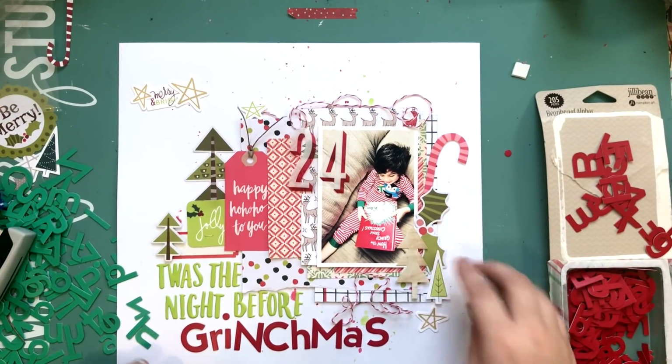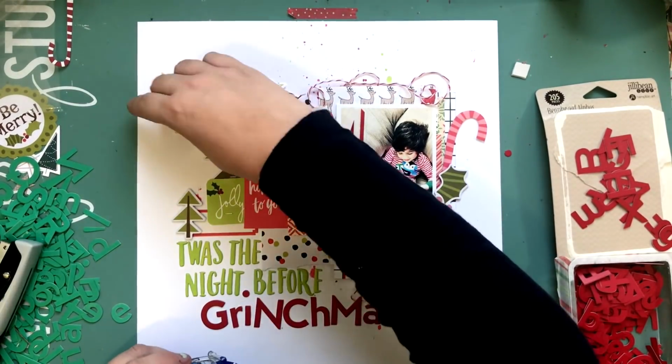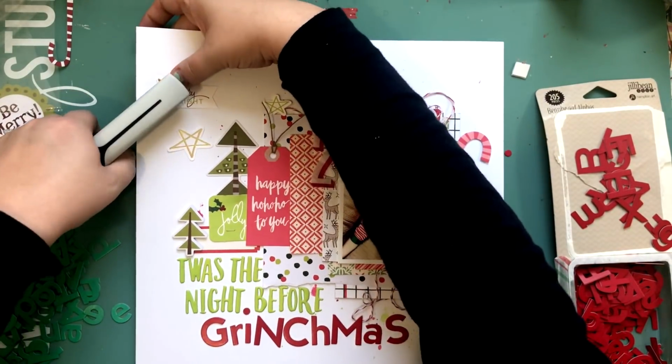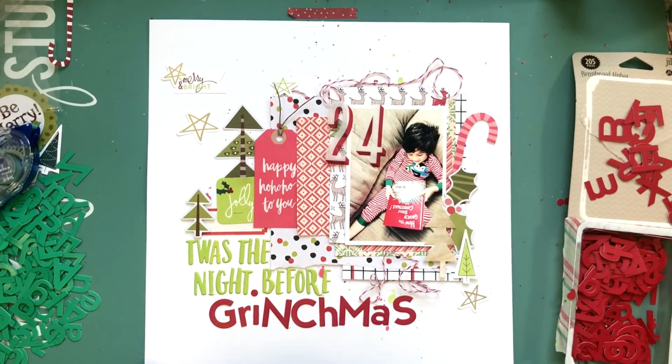But yeah, I really like how this all kind of came together. I started out with absolutely no idea, and just kind of sprung forth with an idea. It's kind of a typical thing. It's like, here's some paper and it's out there, and it's nothing extraordinary or new, but I love the whimsicalness of it. And I decided I needed to put something on the top and the bottom,